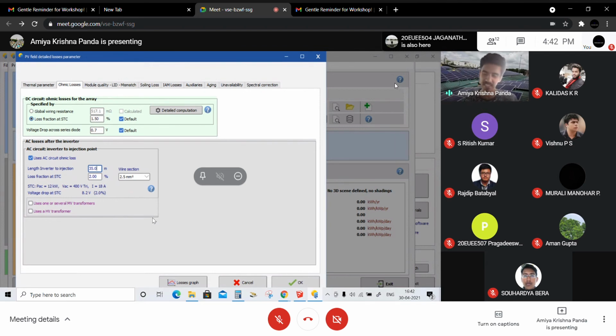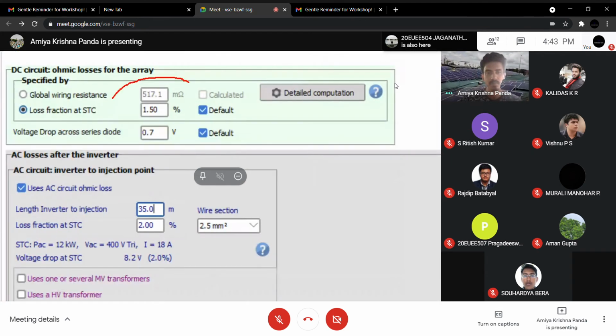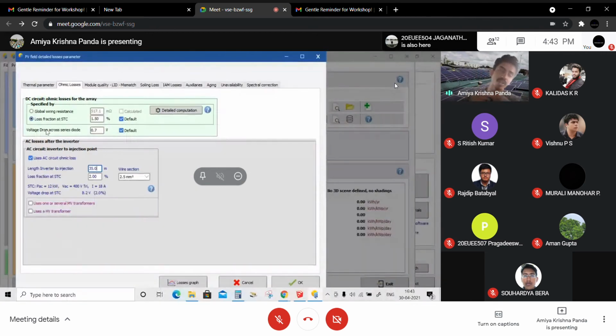So in that case, you need to always use different tools, and we have to maintain the loss fraction at STC with 1.5%, which is mentioned in this one, 1.5%.